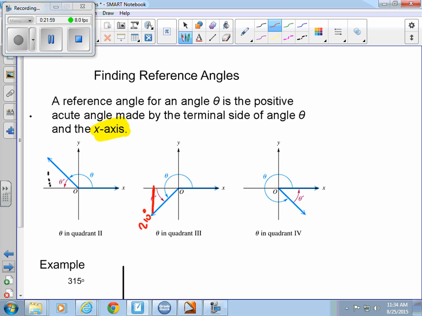In the second quadrant, how would I find a reference angle? 180 minus the angle. Because remember, I need to make it with the x-axis, not the y-axis. So we wouldn't want to deal with 90, but you would subtract that angle from 180. Does that make sense? Get the little reference angle between that and the x-axis. So 180 minus the angle. In the third quadrant, we figured that out. We subtract 180. And in the fourth quadrant,